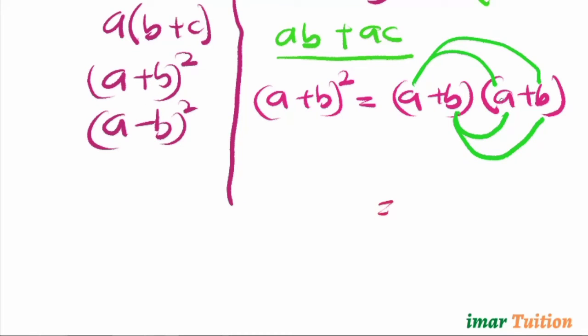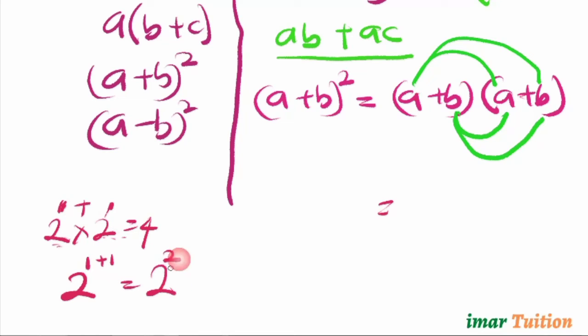If a multiplies b here, it's like saying 2 times 2, because a and a here, they are the same. That gives us what? 4. How did that happen? 2 times 2, there's a power 1 here, there's power 1 here. Normally, every number has a power 1 if we don't have 2 and above written as a power. So what we do is, when we multiply numbers that have the same base, we take one of the numbers and add the powers, 1 plus 1. That will give us 2 raised to power 2. And that is equal to what? 2 times 2, which is equal to 4. The same way,